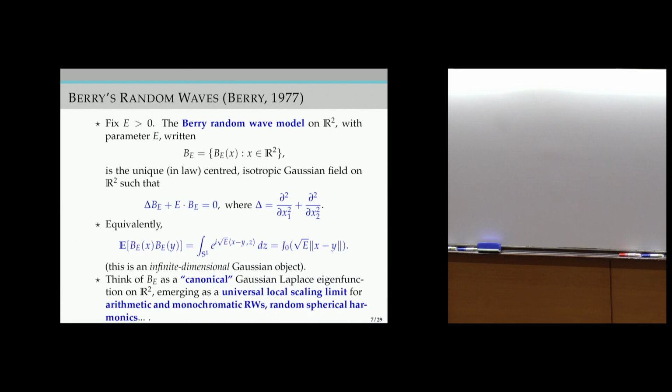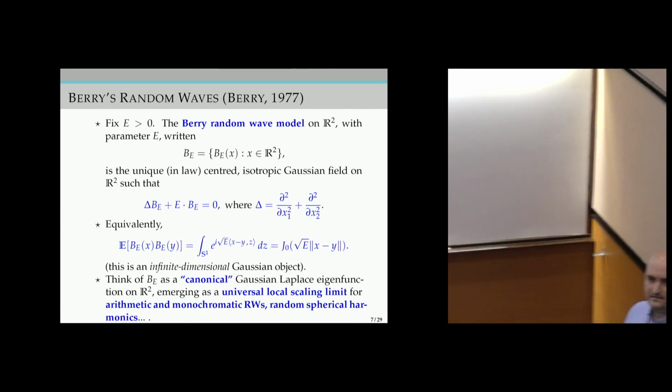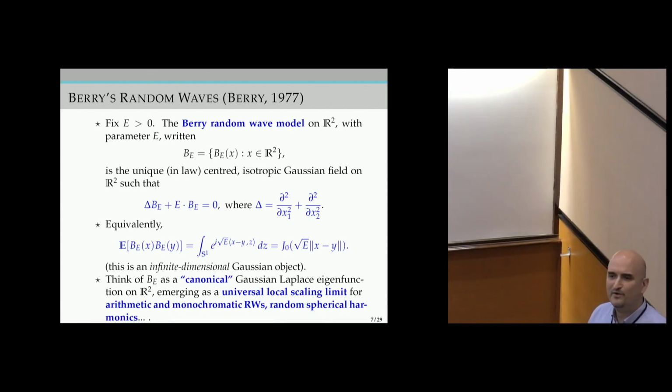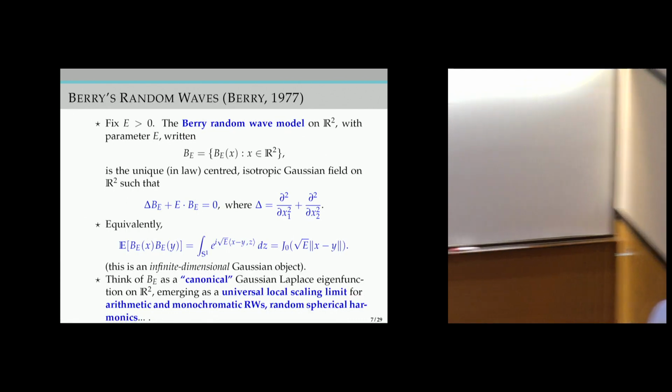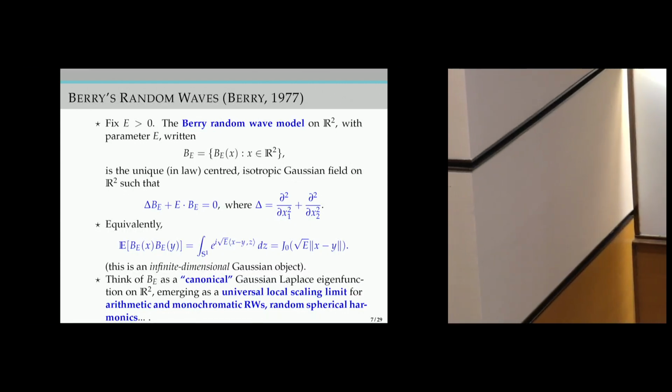Okay? And there is something even more. There is a conjecture that has been already formulated in this paper, which is not clearly formulated, at least not to my sense or to my knowledge, but basically it tells you that if you look locally at the behavior of the deterministic eigenfunction, and you do that when you let the eigenvalue, the energy, go to infinity, then